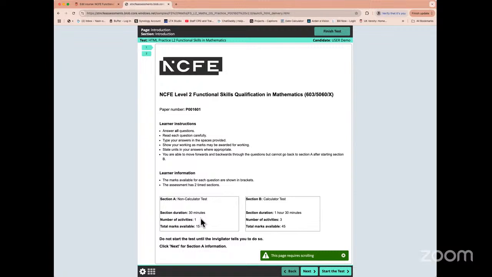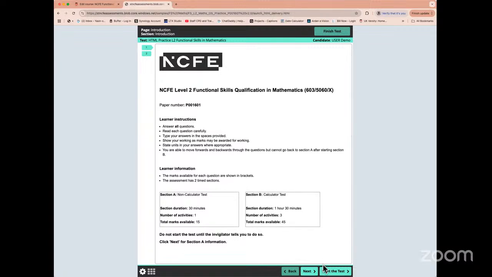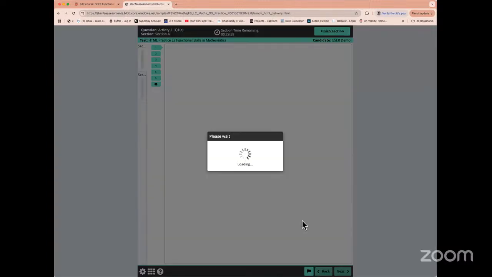So generally, my suggestion, that's why I've recommended, when you are doing the practice at home after my sessions and the activities that you practice with, is don't use a calculator, use a pen and paper to solve this, because when you have the exam, there'll be a 30-minute non-calculator section and there'll be a calculator section. And this would give you a very good idea in terms of how the exam comes.